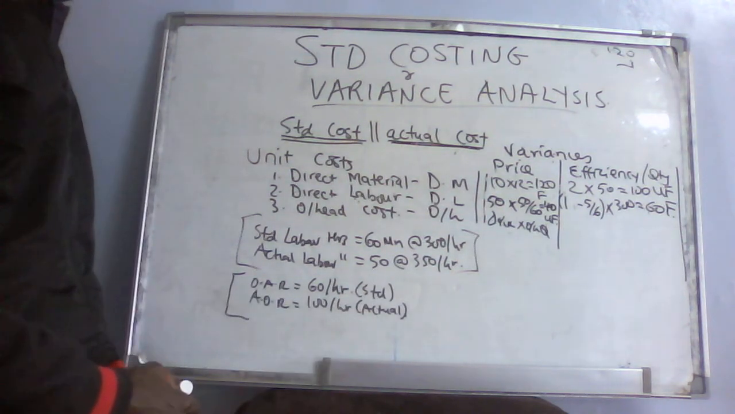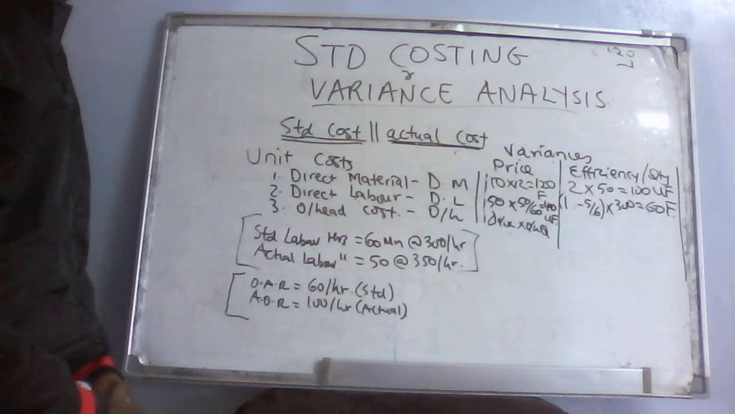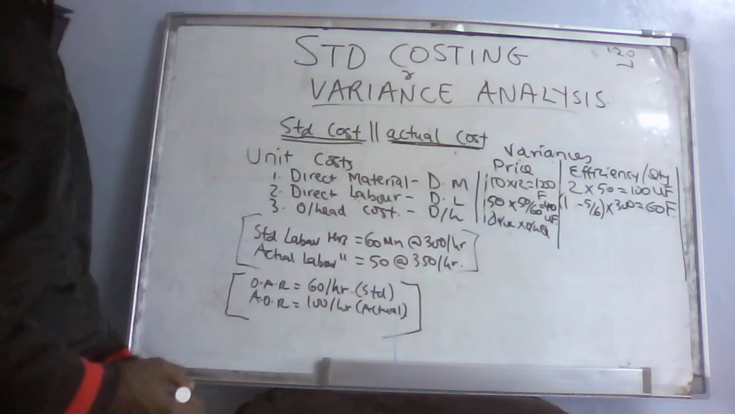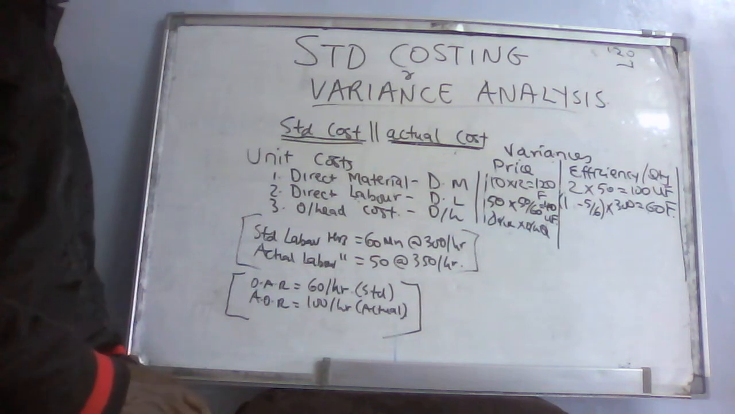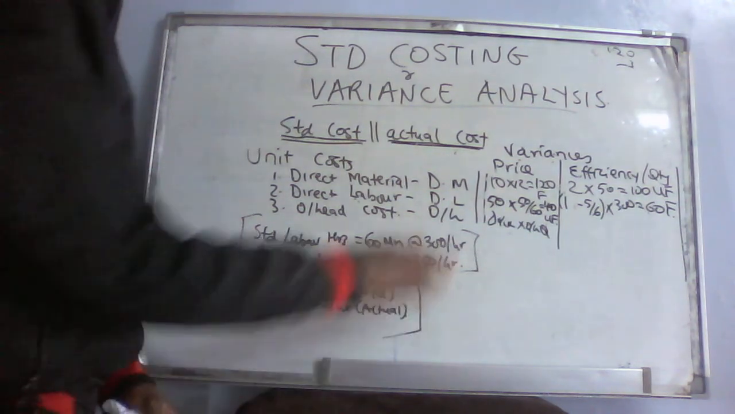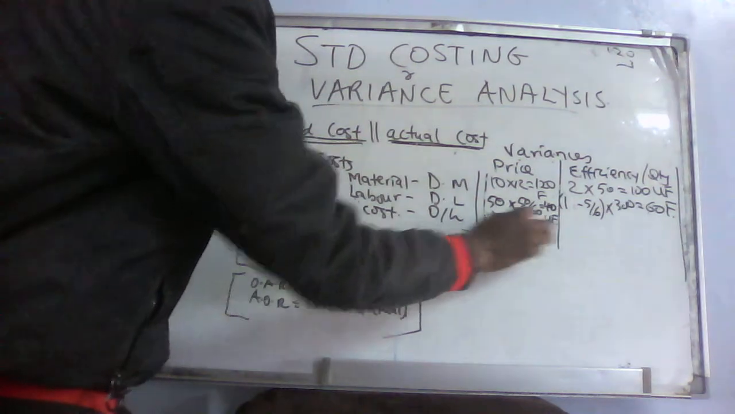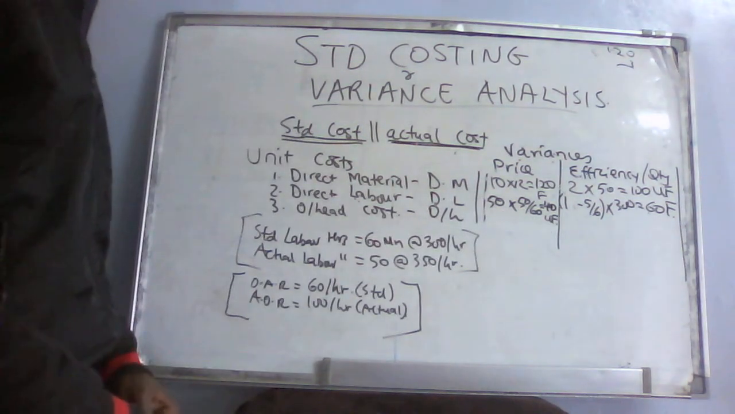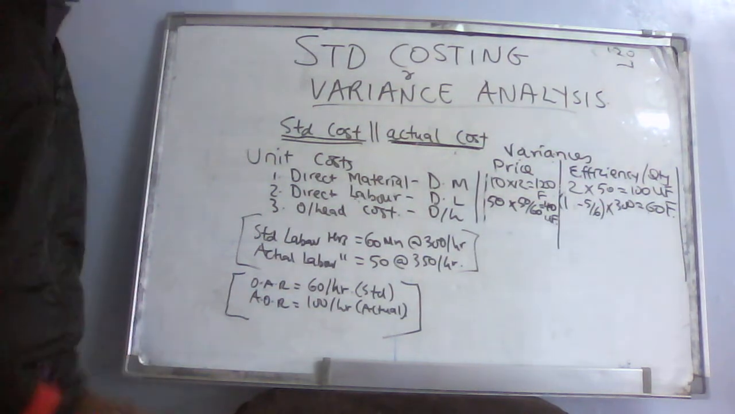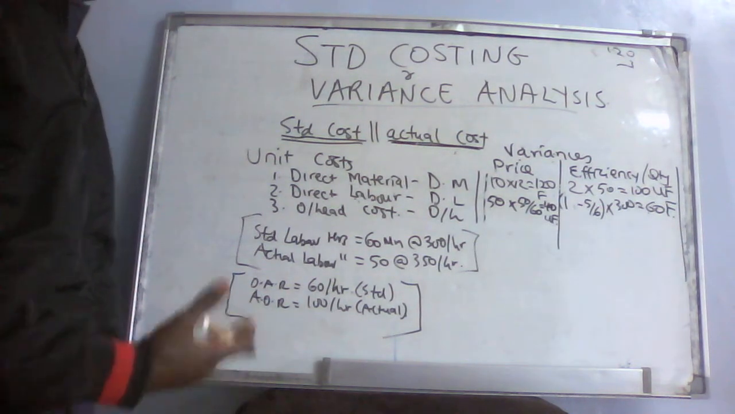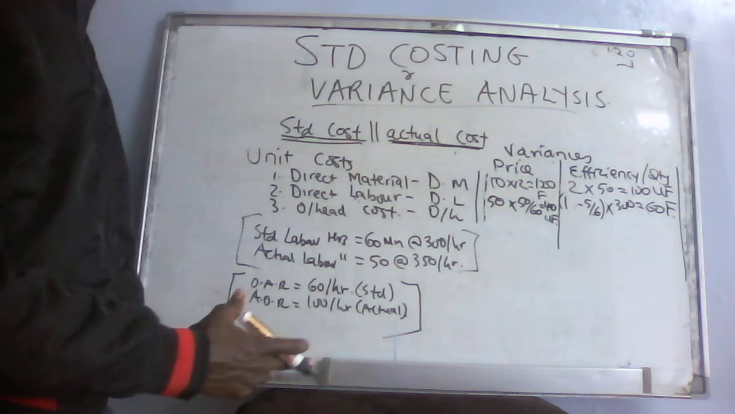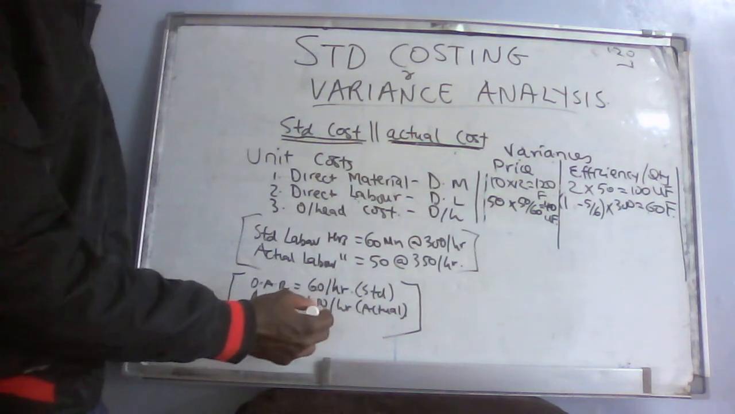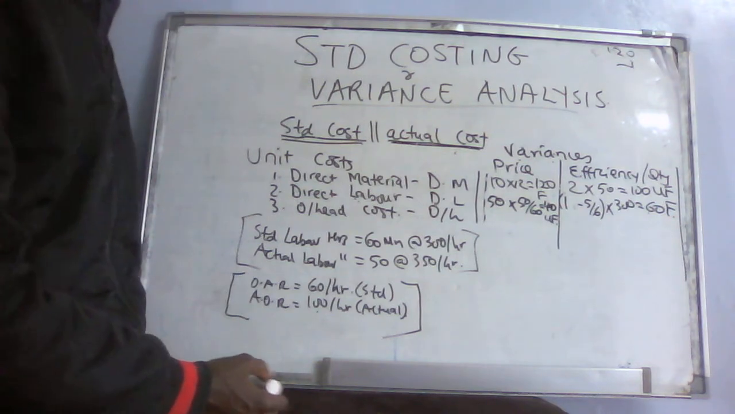Okay, so now we are going to plug in the details, and then we will find our overhead variances. So let me start with the price variance. The price variance is change in overhead rate, which is change in overhead price. Rate is the same as price. So the standard is 60 per hour. The actual is 100 per hour. So that one will be 40